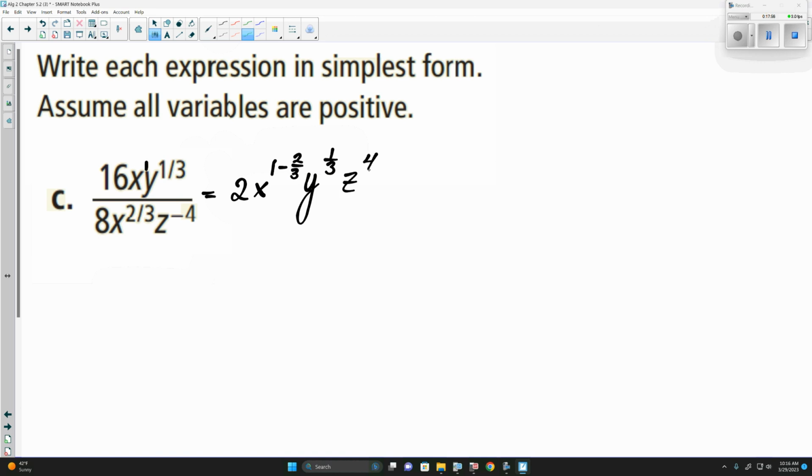And really what we're doing is we're moving everything to the numerator just so we can simplify it as best we can. And then we would readjust from there. So if one of them had been negative in the numerator after we finish simplifying, we can move it back to the denominator and go from there. Now here the 2 is fine. Now x to the 1 minus 2/3 is 1/3, y to the 1/3, z to the